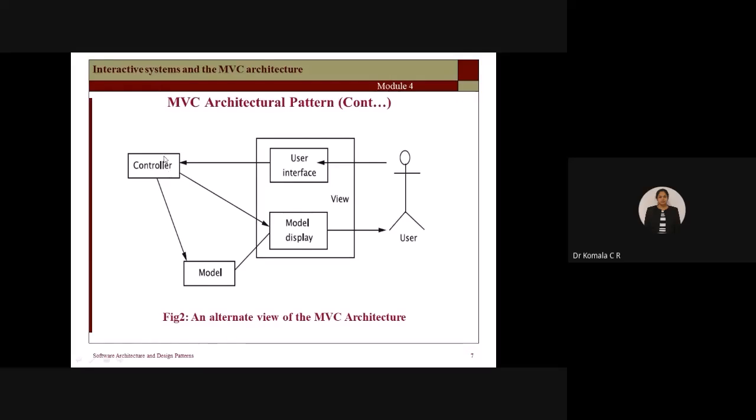Fine. Then what does the controller actually do? The controller will modify the changes required in the model. And whatever changes are done, the controller will update in the display so that the user can access that information. So the user can view this with the help of the model display. The user interface is used as an input device and the model display is used as an output device. This is how the user is going to interact with your model with the help of the blocks view and the controller. So model acts as a passive object where controller and view